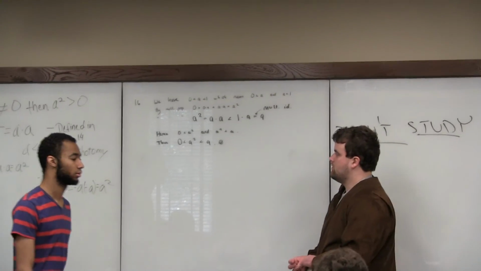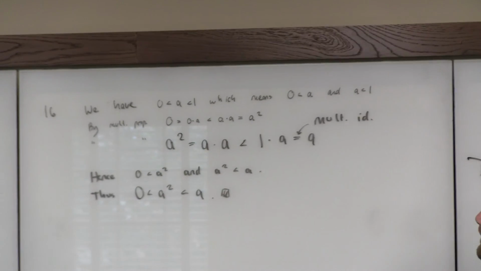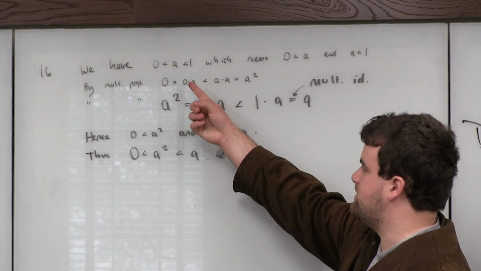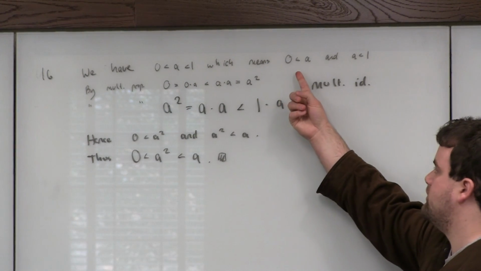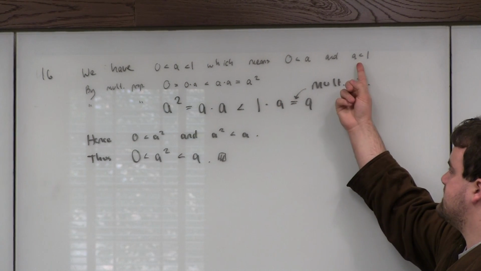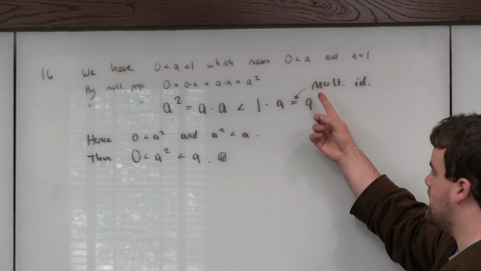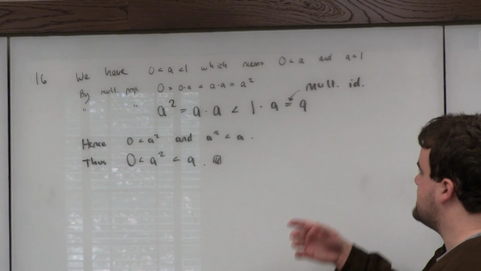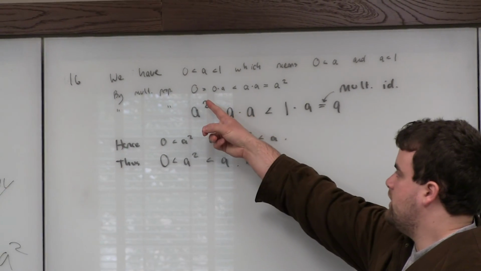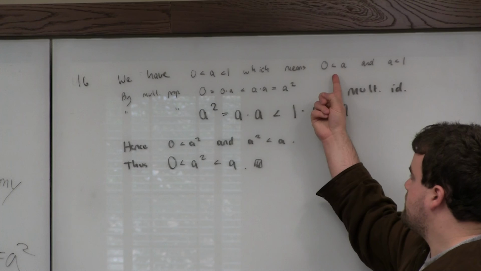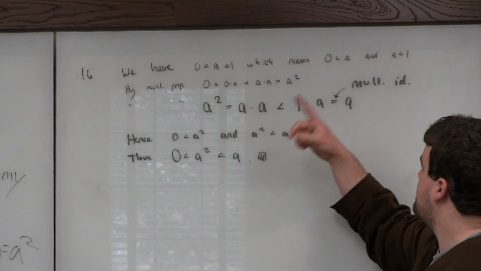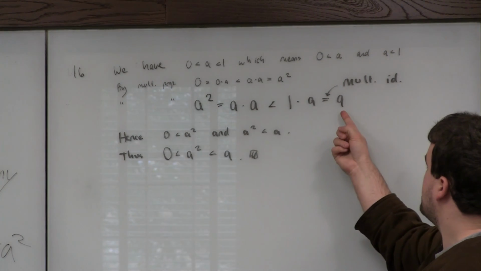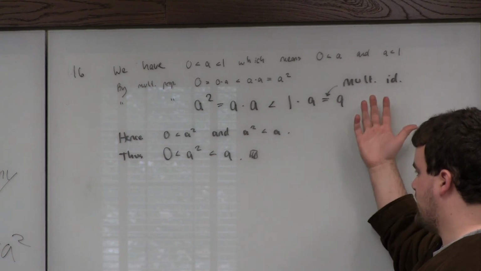Okay, what about 16 now? All right, so for 16, we wanted to show this, and so we have that and statement. I just broke it up into 0 less than a and a is less than 1, and then you apply the multiplicative property by multiplying by, since a is greater than 0, you multiply by a of this one, you get 0 is less than a squared, and then you multiply by a again right here, you get a squared is less than a. I took that and statement,